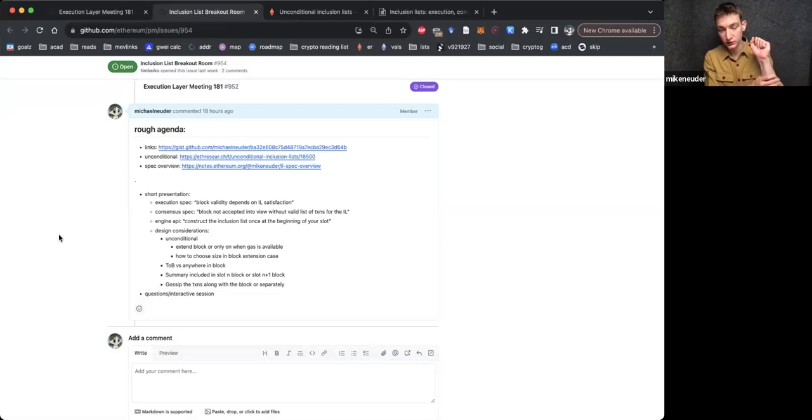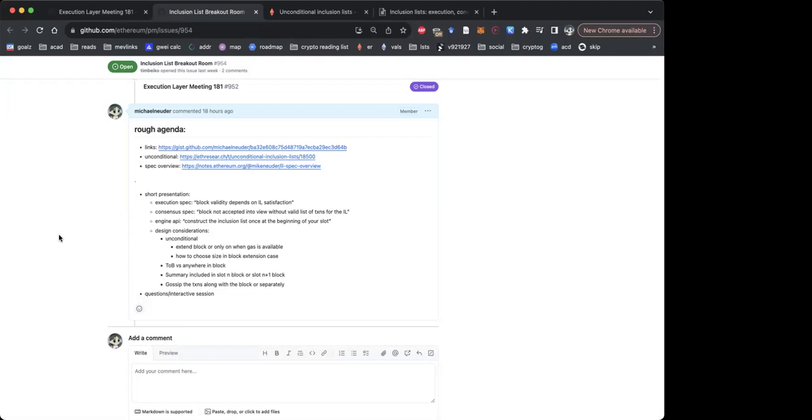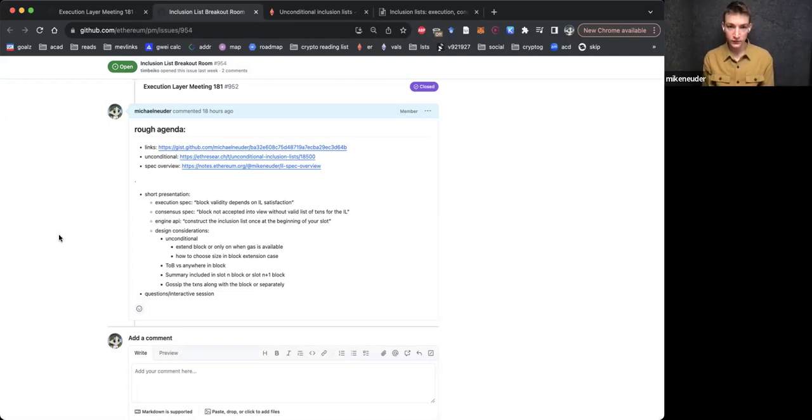So at that point, we still need to check the availability of the IL, for lack of a better term. Correct me if I'm wrong, Terrence, but I think that's what he's getting at. You could prune after you know that the block was valid, but you do need it the first time. Like in the syncing use case, you would have to get it from your peer. Yeah, exactly. You don't really need it necessarily though.